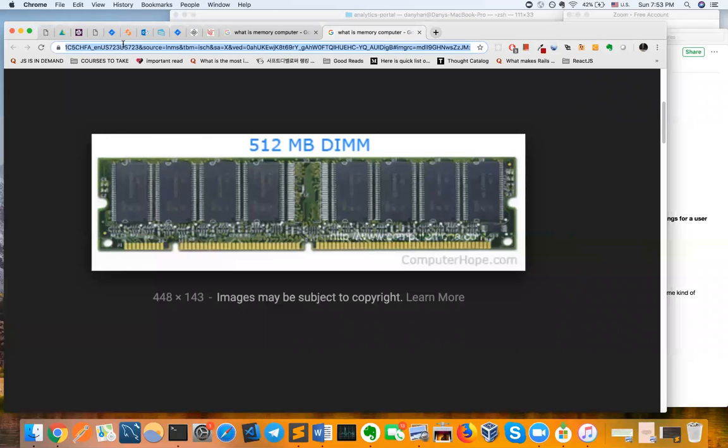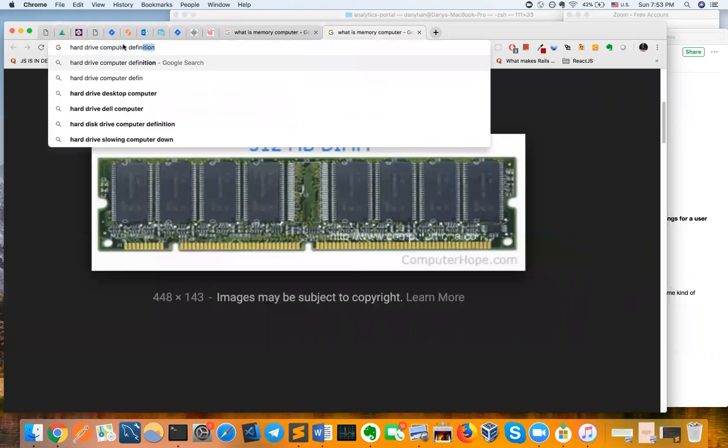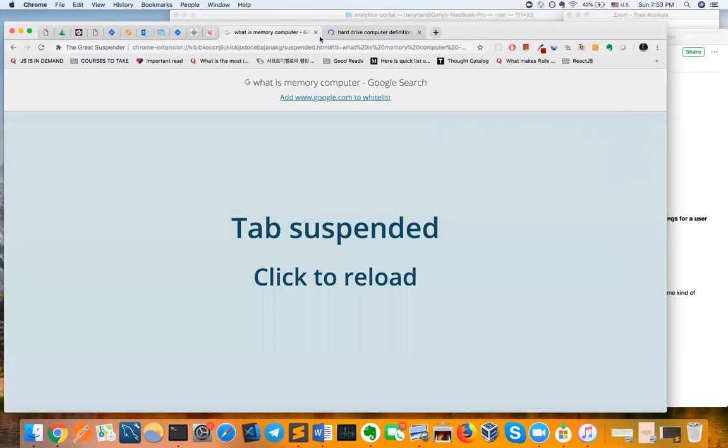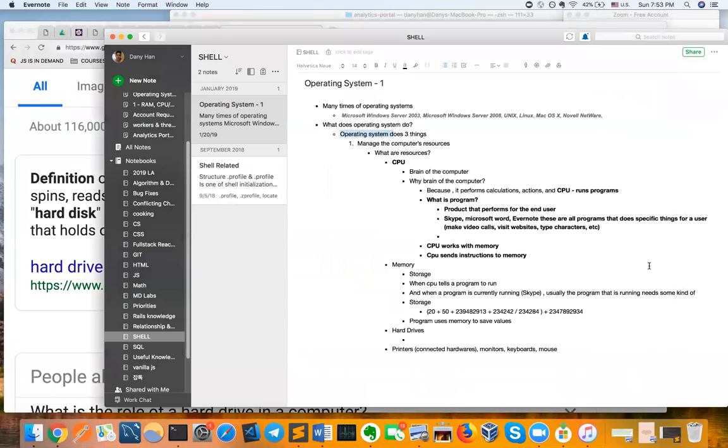So okay, let's look at the hard drive. What do you think a hard drive is? Hard drive is the storage where you can put all these programs before they actually run. Okay, so memory is a storage, and now you're telling me hard drive is storage, which is very true. Both are storage that the computer uses. So what's the difference between them, if you could guess? Well, memory is when you're running the program, you need them. A hard drive is when you're trying to store them, not using them, you can store them inside.